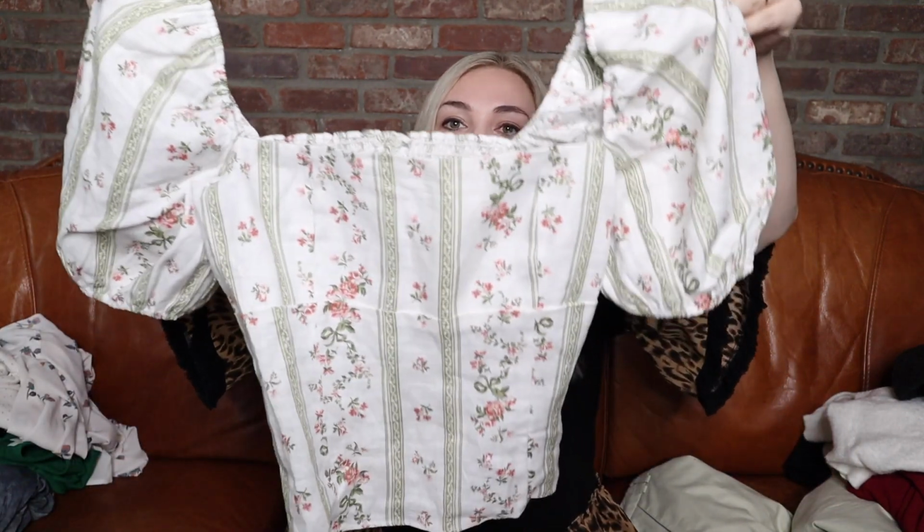All right, and these last few pieces are likely going to be the big money makers, and that is what I love about these boxes. This is, I would say, a slightly better than average box. I've had better boxes, I've certainly had worse boxes, but that's why I do love ThredUp. I feel like I can count on getting at least a few solid items, and I'm always making my money back on these boxes. So up first in these last few favorites is this gorgeous 100% linen cropped top from Reformation,